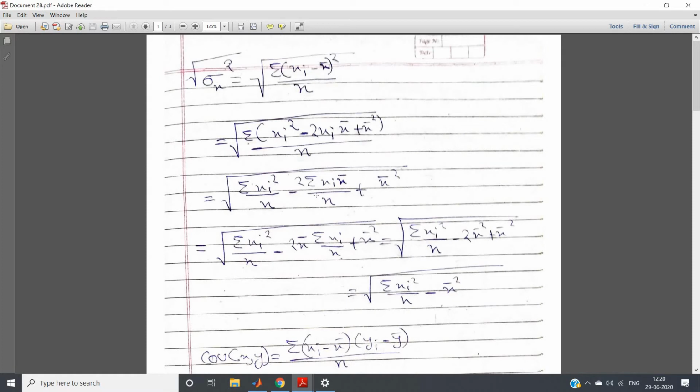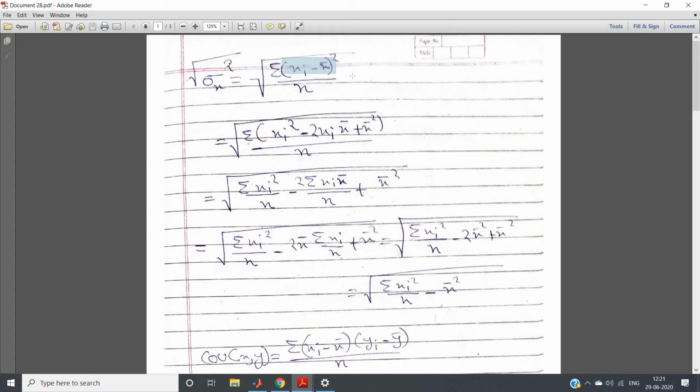So before going to that, let us have a look at another expression of our SD, or standard deviation. Suppose the standard deviation of x, sigma x, is nothing but the root of sigma x square, that is, the square root of variance, right? That we simply write as root over the summation over xi minus x bar, whole square, by n, that is, the average of the square distance of each data point from the mean position. That is our variance, and then if we take the square root, we get the standard deviation.